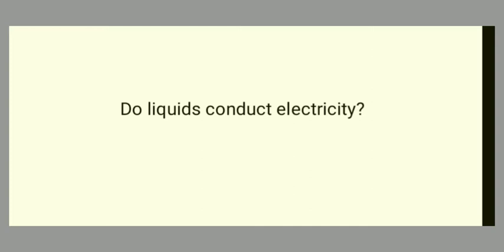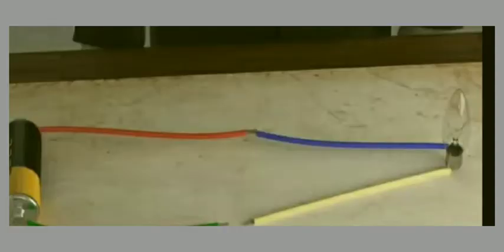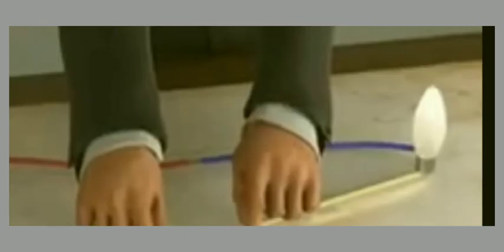Before that, let us prepare a tester. Take a small bulb, you can see here, 4 wires and a battery. Now attach the 2 wires. We can see the bulb is glowing. This indicates that the tester is working. However, if the bulb does not glow, it means that the tester is not working. What will be the reason? Yes, we have already learnt in class 6. Maybe connection loose, bulb is fused, or the cells are used up.